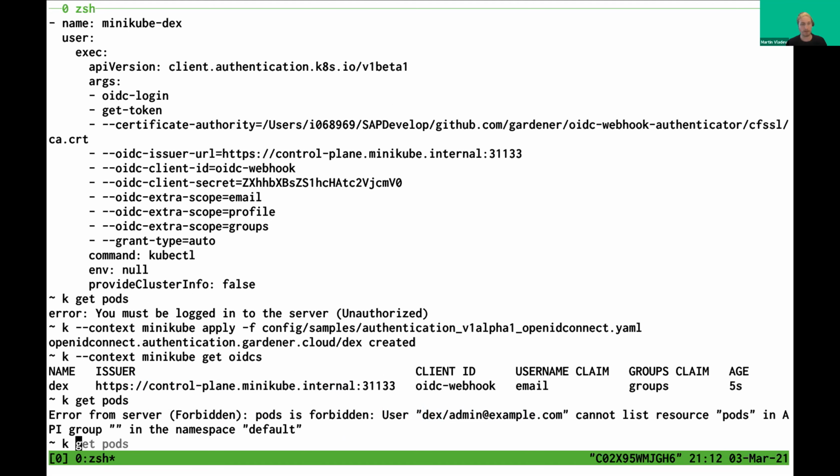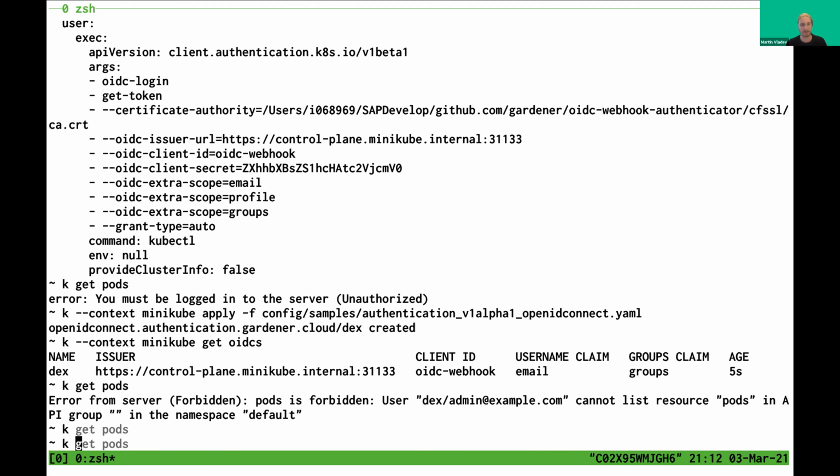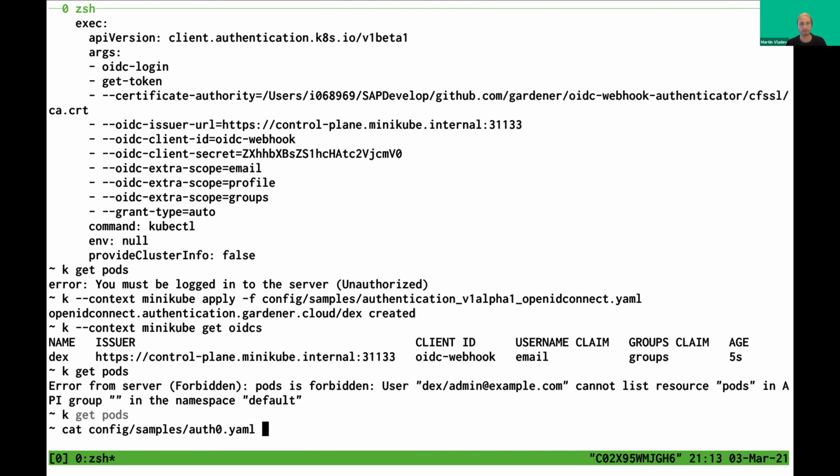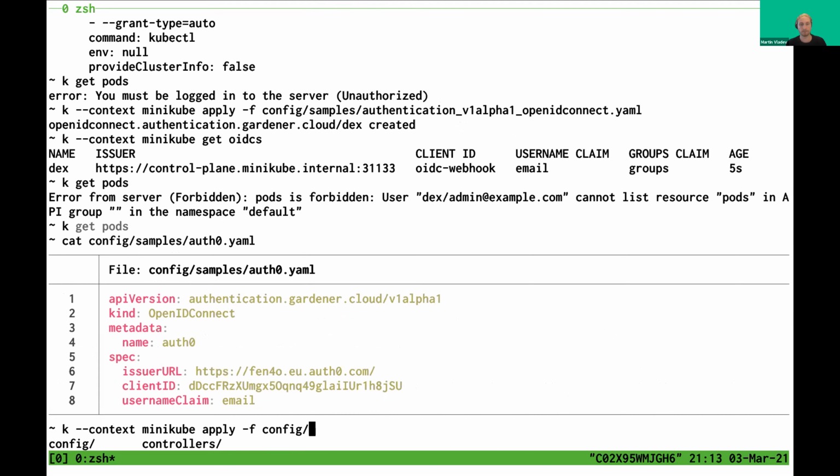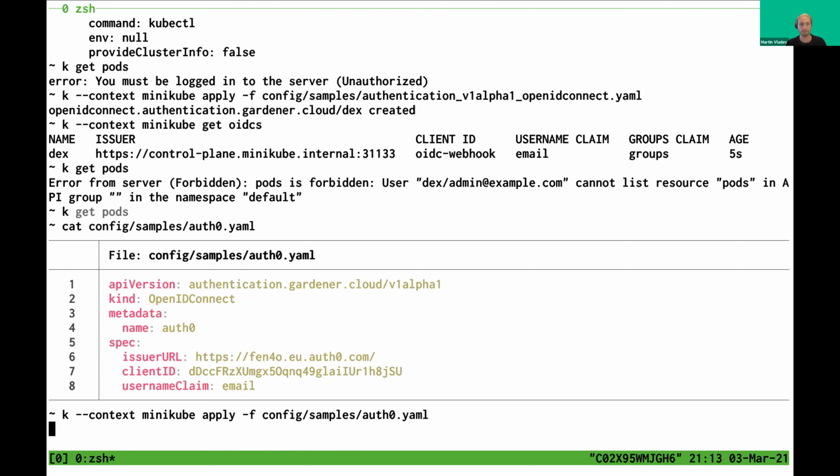So as an example, I'll also add another OpenID Connect issuer, which I have prepared also in advance. So just to show you that I'm not cheating. So I have prepared an Auth0 OpenID Connect provider. And if I add it, Auth0. And if I switch the context to Auth0,